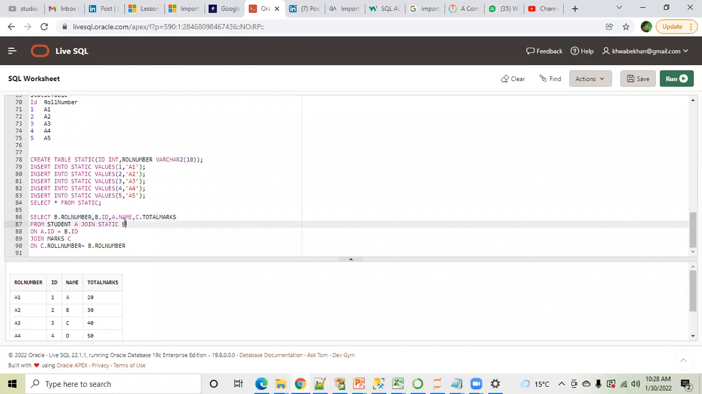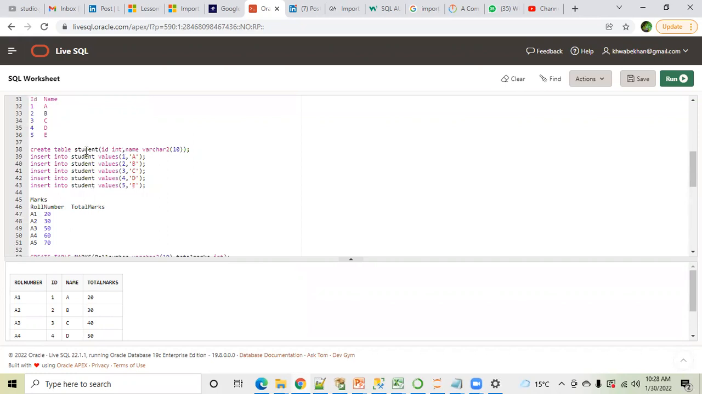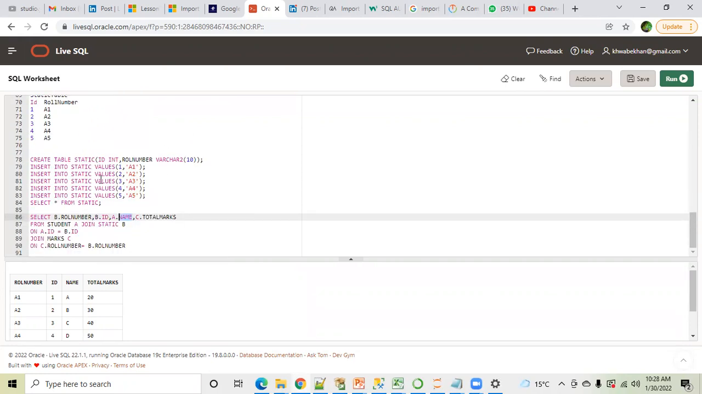Now, name is present only in the student table, correct? Yes. That is why I've written a dot name. For student, I've used alias a, so I've written a dot name. If you don't want to use the alias, you have to write student dot name here. If you say no, I don't want to use the alias here, you have to write student dot. Else, write a dot name. Similarly, we used